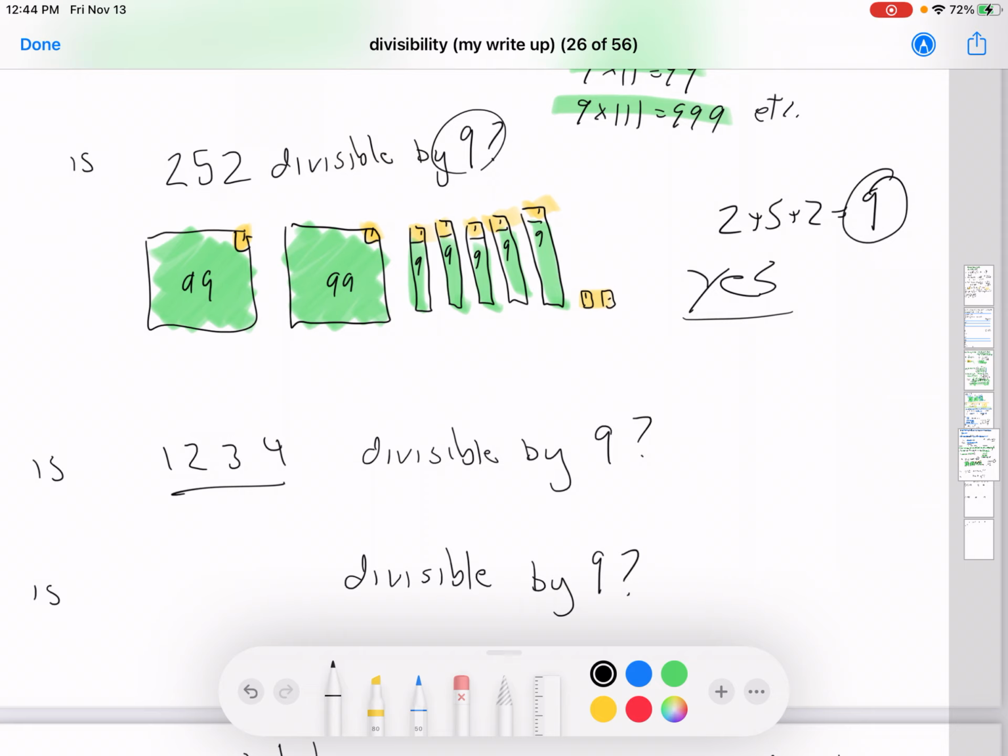Now, is 1,234 divisible by 9? 1 plus 2 plus 3 plus 4, that is 4, 5, 6, 7, 8, 9, 10. This equals 10. And is 10 divisible by 9? No. But what this can let me do is create numbers that are divisible by 9 that are really, really, really big. Like, I know if this added up to a 9, it would be, so I could even make